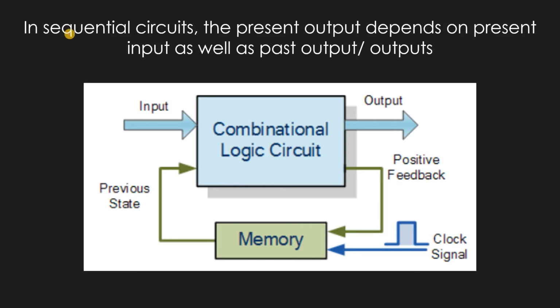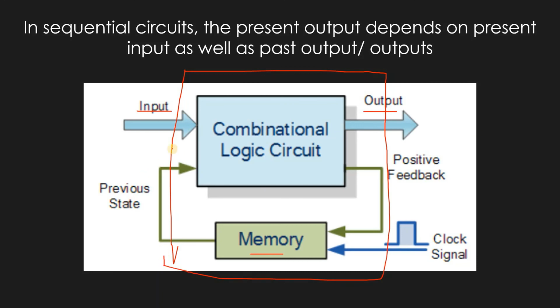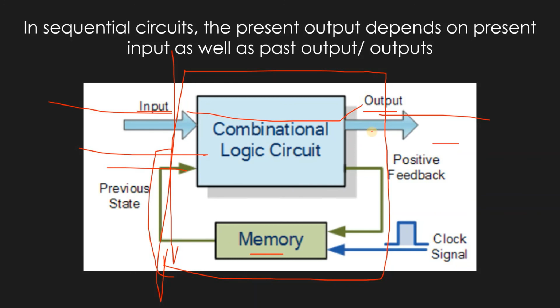So let us check out the definition again. In sequential circuits, the present output, which is this thing, depends on the present input, which is this, as well as the past output. This is nothing but the past output, which is stored as memory. From this memory, we are going to get some feedback, and we'll provide that feedback to the input of the combinational logic circuit. So basically, this whole block, including the memory, is going to be our sequential circuit. To this whole box, we are just going to give input and output. So this is input and this is output. There can be many lines, it is fine, but this was just the expression of it.